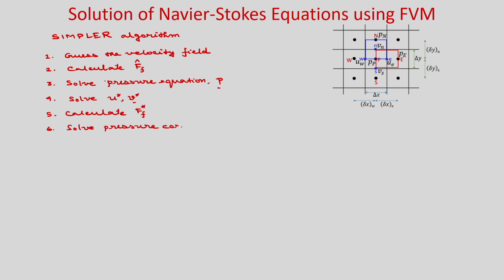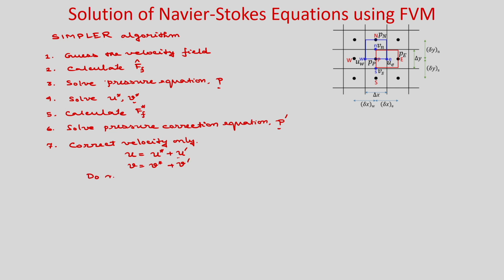Pressure correction equation. Okay. So, whatever we derived in the simple algorithm, that you solve. Okay. Then correct velocity only. Okay. So, now you know u star, okay, and you have solved the p prime. So, from p prime you can calculate the u prime. Okay. So, there is a relation, and v is equal to v star plus v prime.